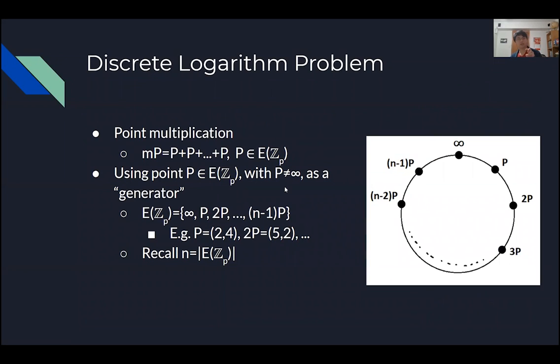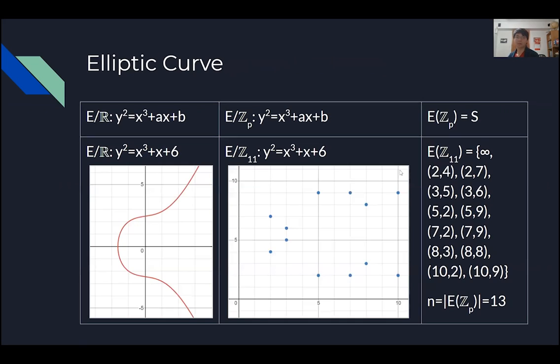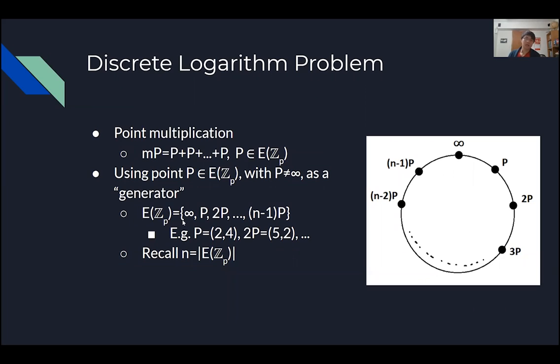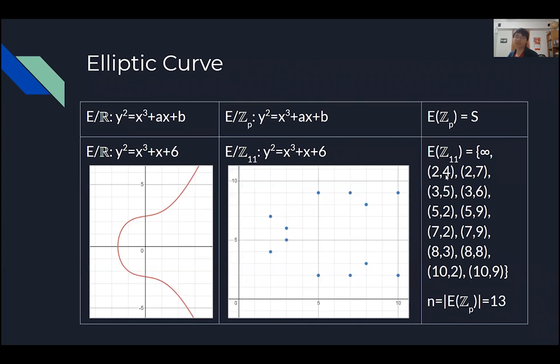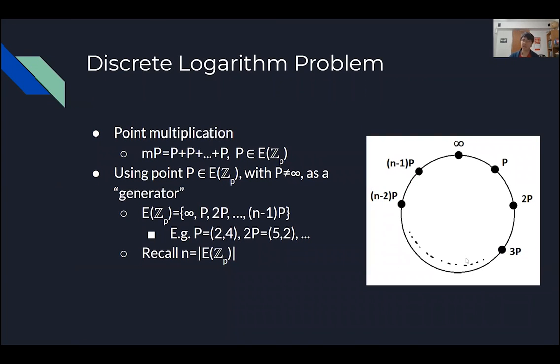And before I go on, there's an operation, a point multiplication, which is kind of like a multiplication, but it's acting on both the x and y coordinates, so it's a bit different. The reason we care is because we can actually look at this set. We take any point P in that set, and we can represent every other point in that set as a point multiple of that point, which is really cool. Say this is P, then this would be 2P, 3P, 4P, and so on. And it kind of forms this nice cycle.